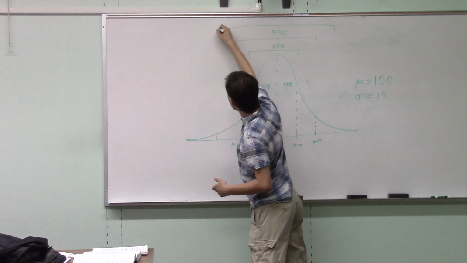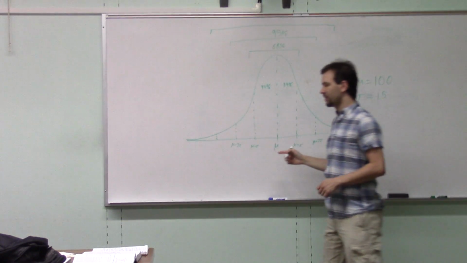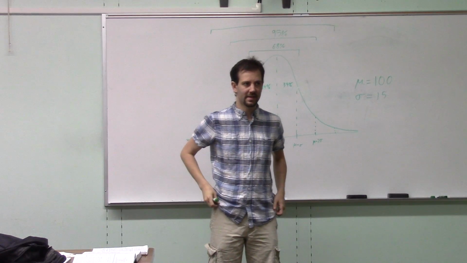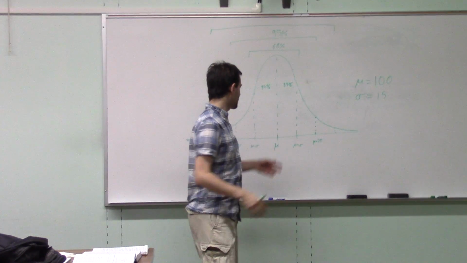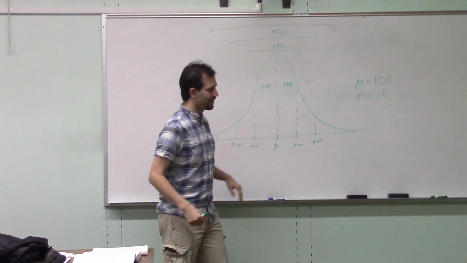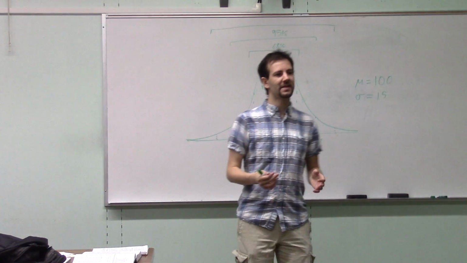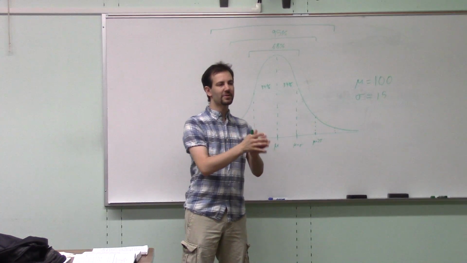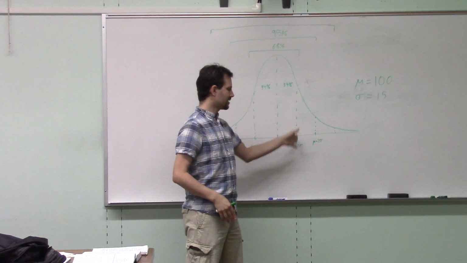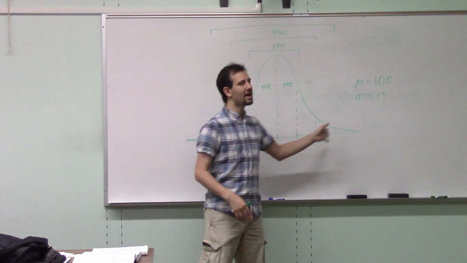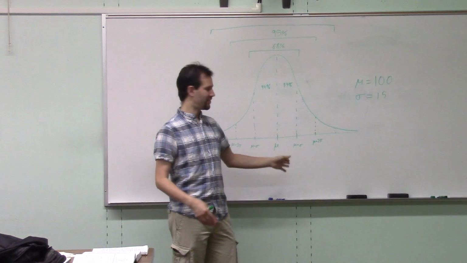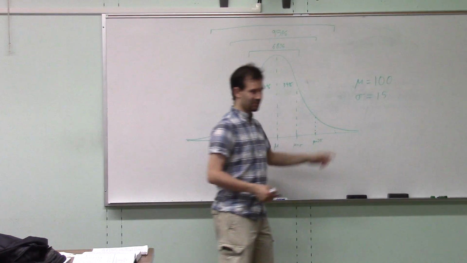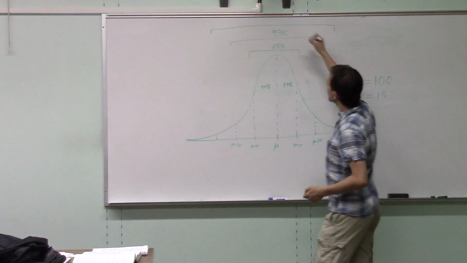Once you go out that far, if a typical person has exactly average intelligence, and the typical distance from that people are is 15 points, how often do you find somebody who is not just smarter than the average, but three times as much smarter than the average person who is smarter than the average? That's extremely rare. How rare? Well,